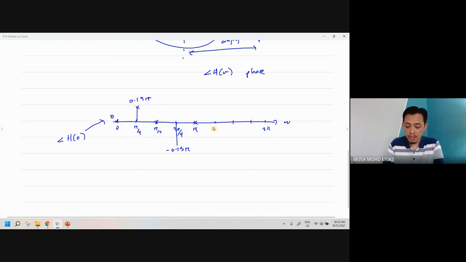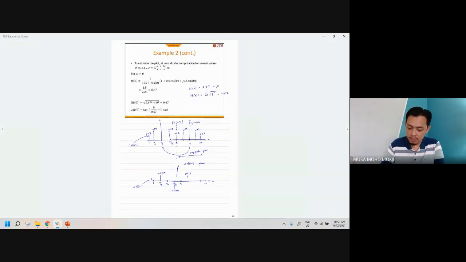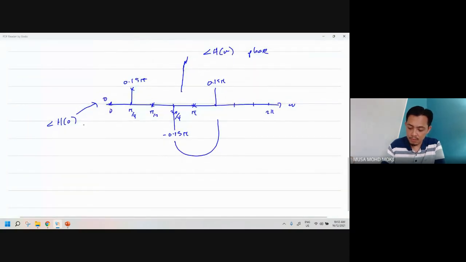But for phase, this is where now we have this one. It will give you a different sign, the opposite sign. This one and this one is actually a conjugate pair. So because it is a conjugate pair on phase, the sign will change. Then this will be 0, this one will be 0, then this is going to be negative 0.155.